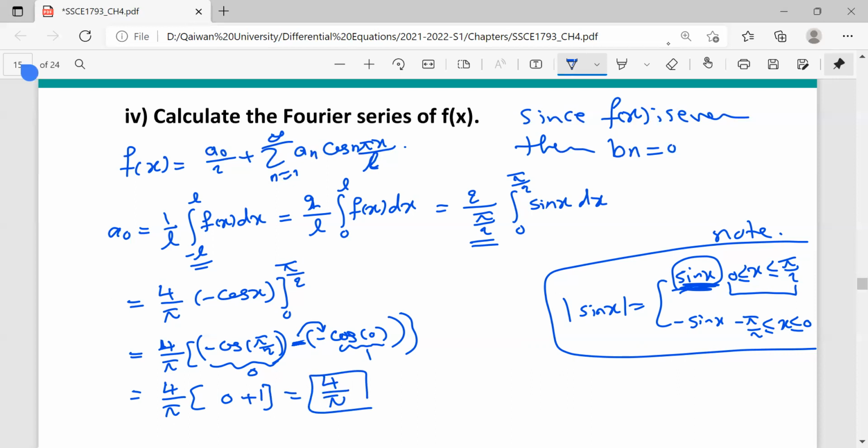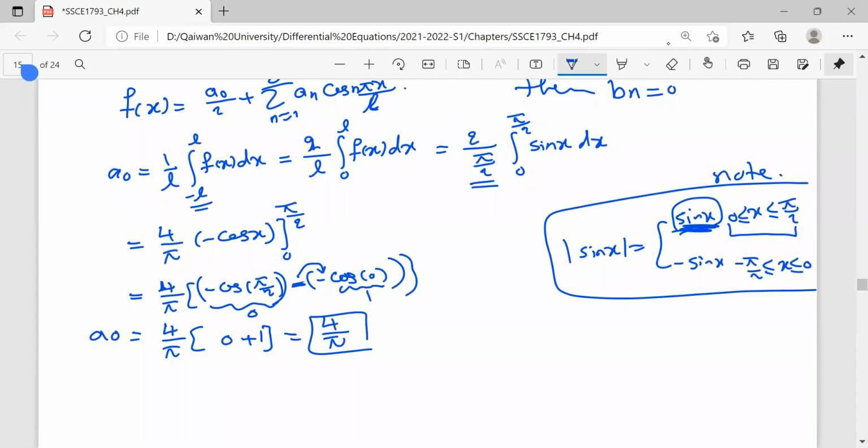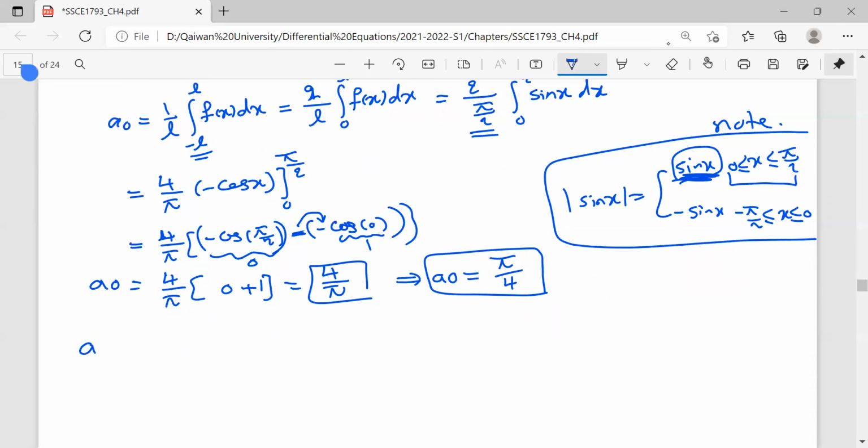This is a naught. So a naught is pi over 4. We found a naught. Now we should find a n also. To find a n, we say a n